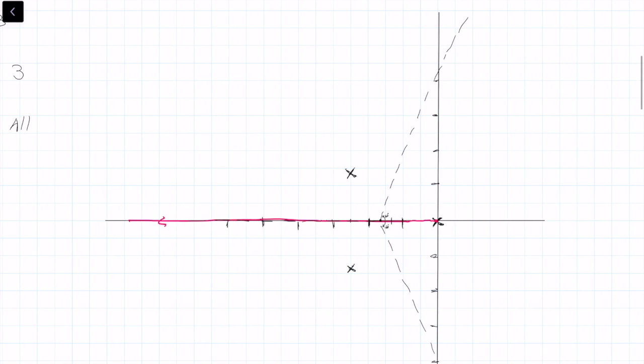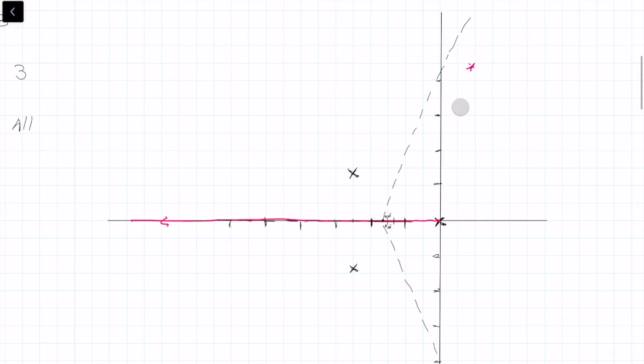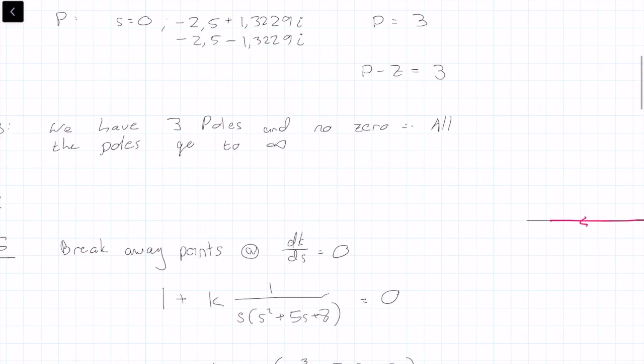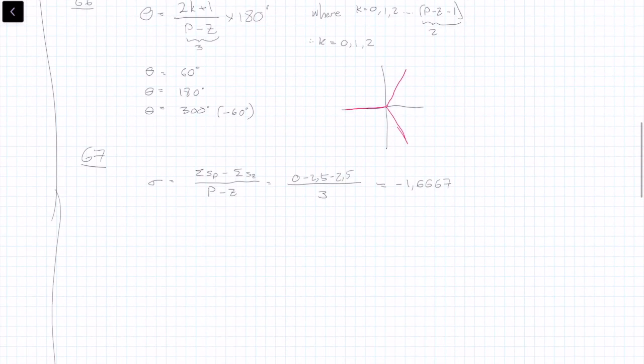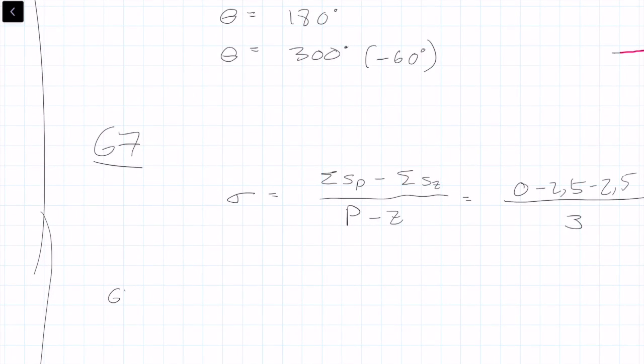Obviously this is now going to look something like that. It's going to cross that axis and go to infinity along that asymptote. So now we need to figure out where that happens, and to do that we use guide number 8. Okay, so using guide number 8, we let S equal to I omega, and let's see which equation we're going